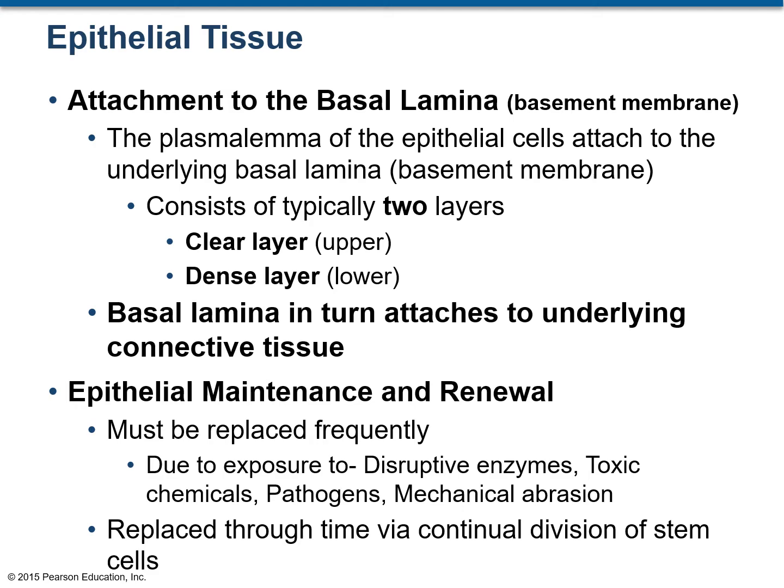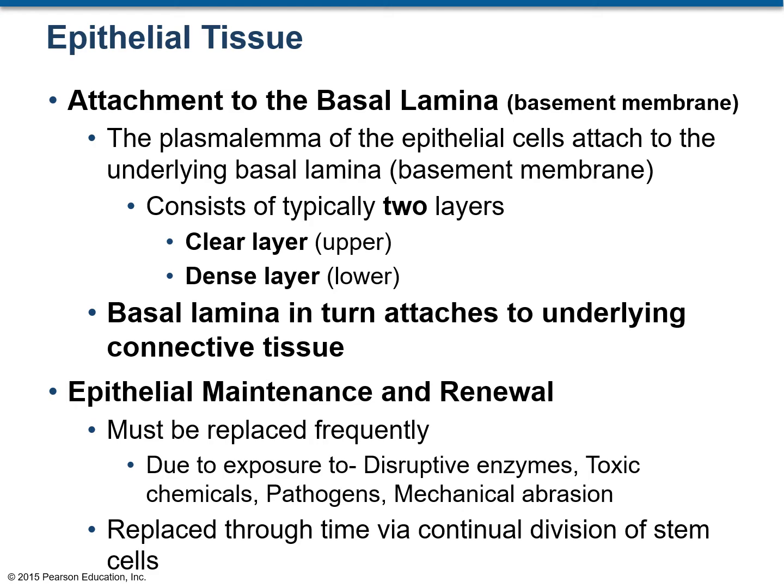The epithelial cells are connected on the basal surface to the underlying basement membrane or the basal lamina, and the basal lamina is made up of two layers. There is the upper clear layer and the lower dense layer. Under the basement membrane would be the connective tissue. Now, since epithelial tissue does not have any blood vessels, it is avascular. That means all the nutrition has to reach the epithelial tissue by diffusion from the connective tissue.